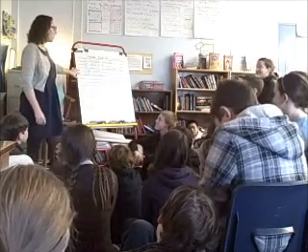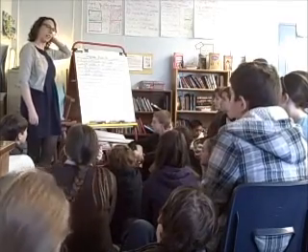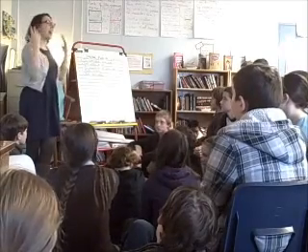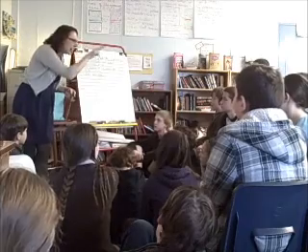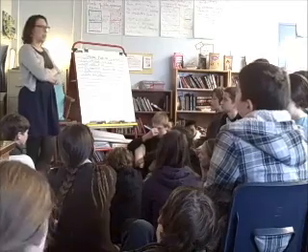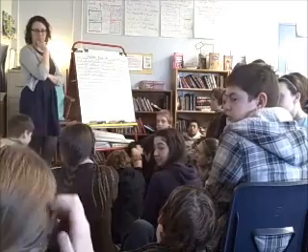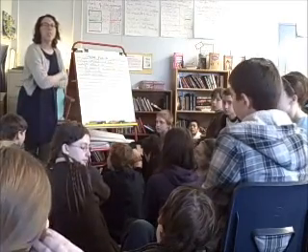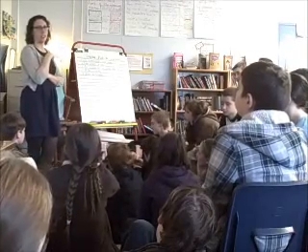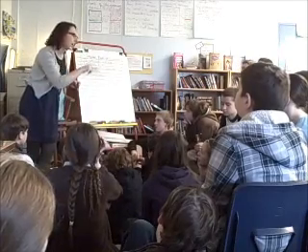Okay. These are the two big ones we're going to be looking for your behavior on. Active listening. What does it look like when you're actively listening? Yes. You are looking at them. You're making eye contact. You're leaning in. What else would Ms. Bailey and I see to know that you're actively listening? Maya? You could make comments. So you're responding. You're showing that you listened by responding to what they said. Excellent. That's exactly what we're looking for. Looking for you facing your group, leaning in, making eye contact.